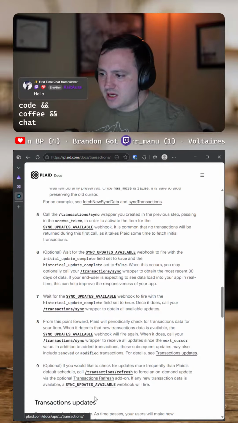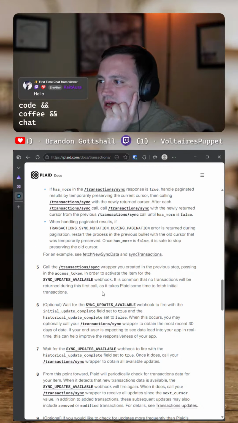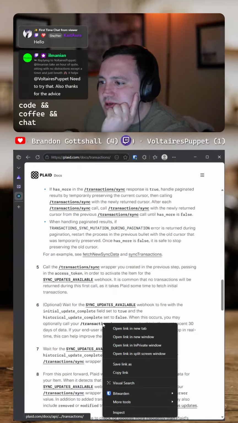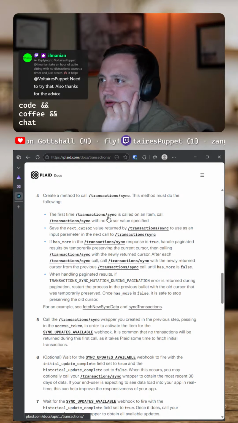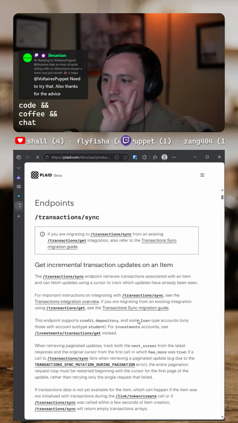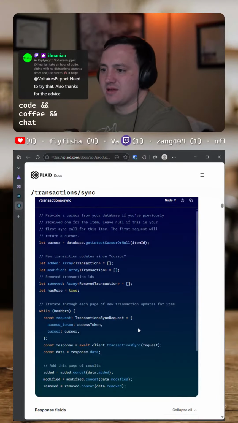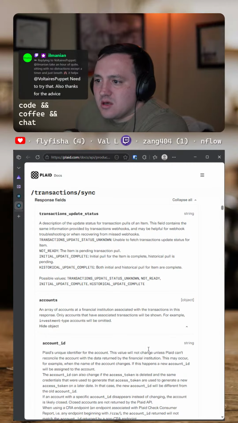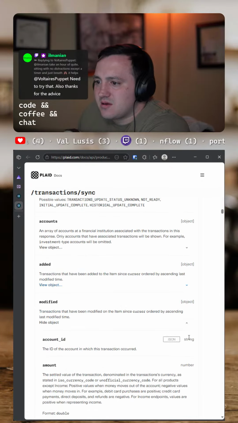Okay. So yeah, it looks like, hold on. Apparently this is paged. And I'm not handling that in my code. Has more? Where does it say that? Let's see. Transaction update status, accounts, added, modified,